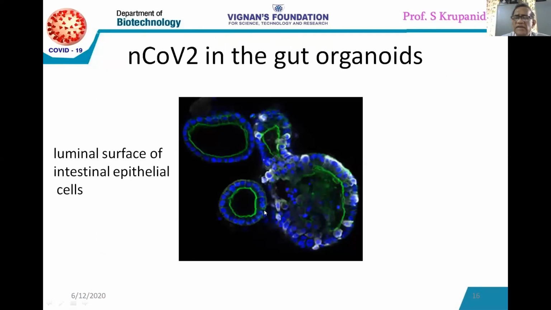So as I was indicating to you, it is not only the respiratory distress syndrome that we are facing because of the nCoV2 infection. We are also facing the diarrheal problem. That's because the luminal surface of intestinal epithelial cells is also getting infected, since these cells also have angiotensin converting enzyme 2 receptors like the lung epithelial cells. Okay, all that blue thing being shown here is the same thing. They are all because of this type of infection at the luminal surface of intestinal epithelial cells.